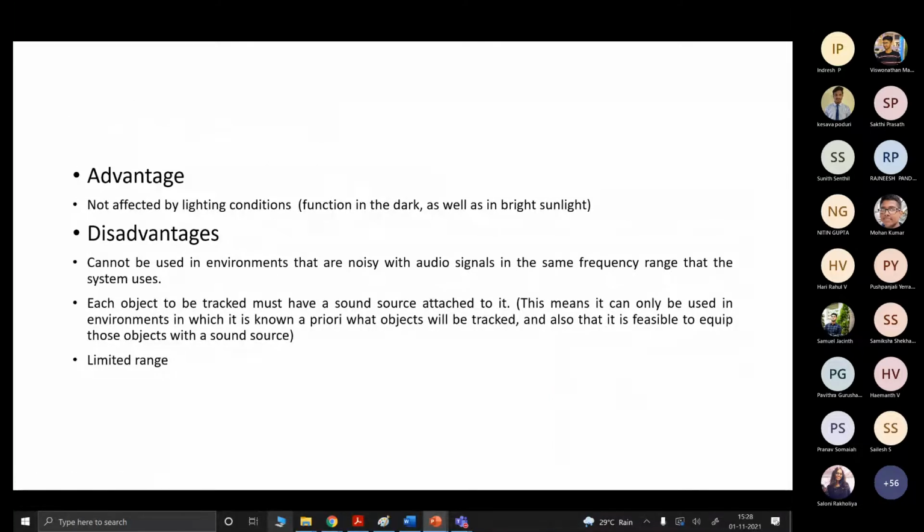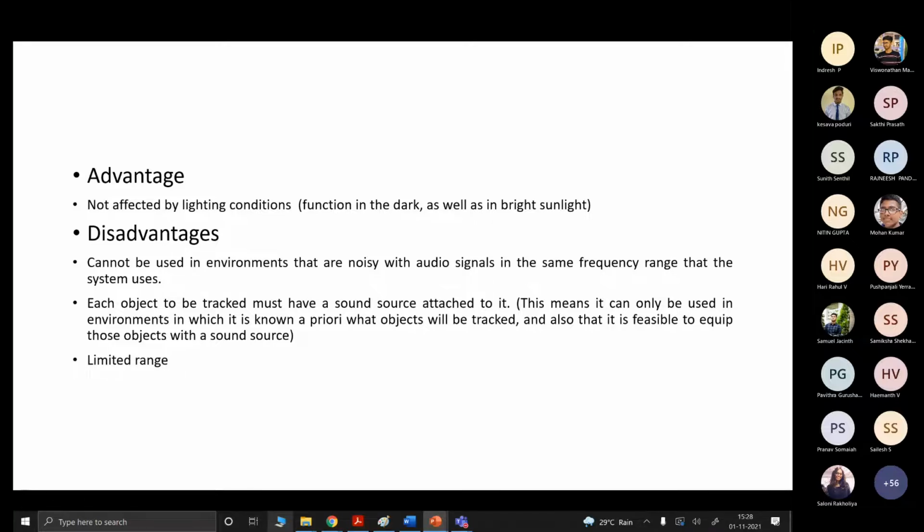Advantages: it isn't affected by the lighting condition, as we talked about in the acoustic system. So that is an advantage. The disadvantage is that it cannot be used in an environment where noisy signals are present. In such a scenario, that noise causes extra disturbance, so it is not suitable in noisy environments.